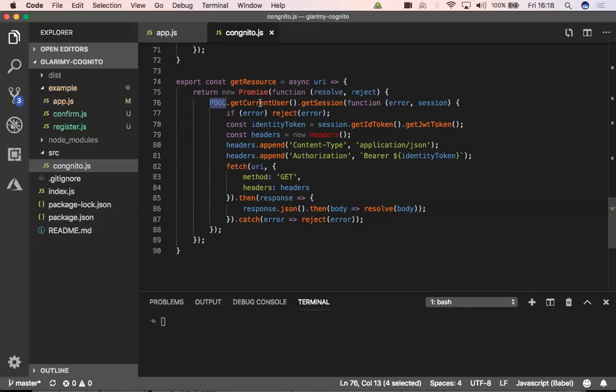Yes, got it. So get current user means it gets the session. Once you get the session, it gets back that token, whatever is stored. It is not coming from the server; it is already received and stored in the local machine. It is getting that identity token, and that is what it is sending. That means when we make this fetch call, it is not only giving the URI and GET as the operation, it is also giving that authorization header, because of which it gets the response.